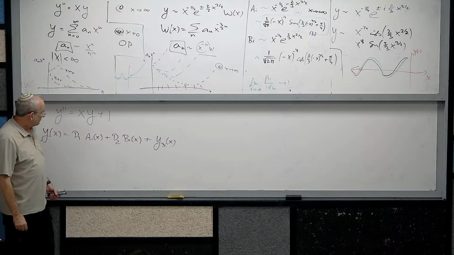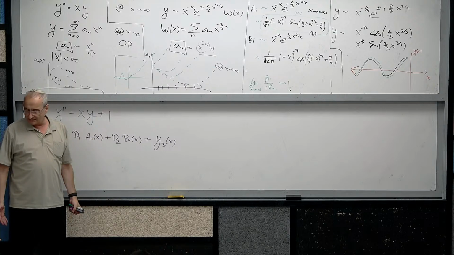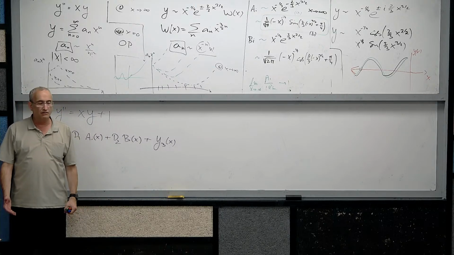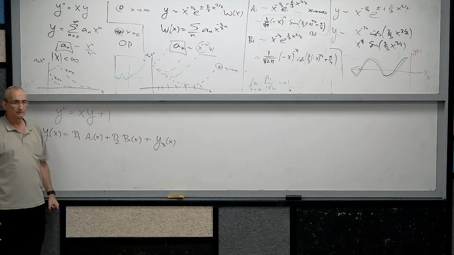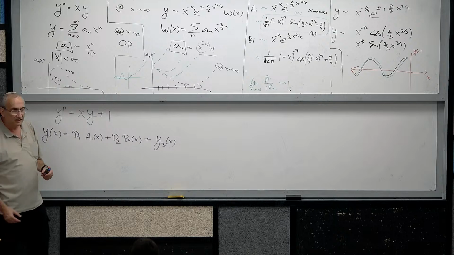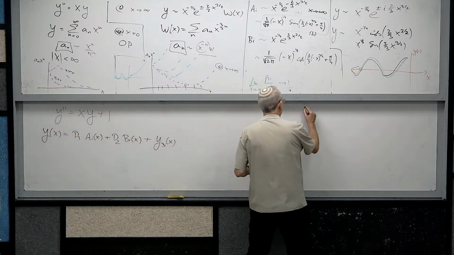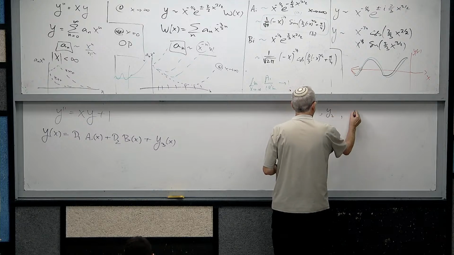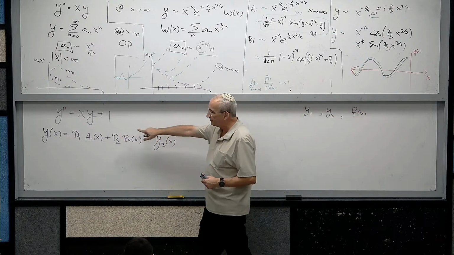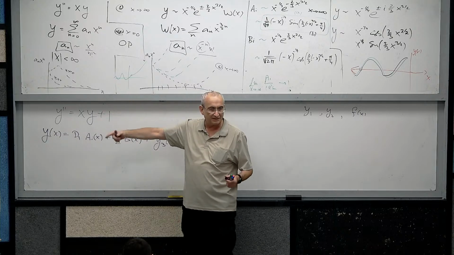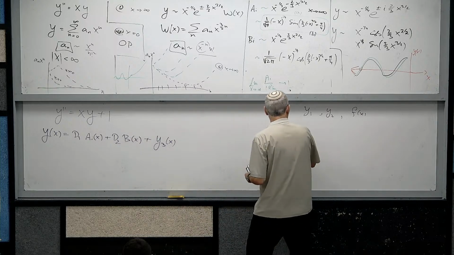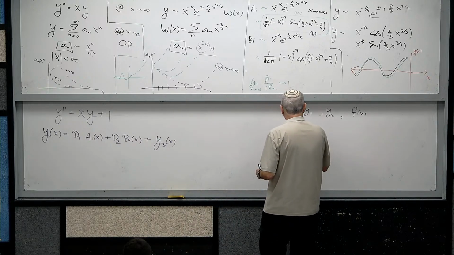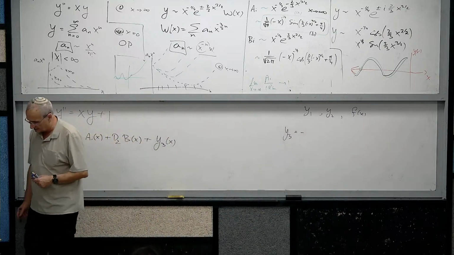Now, in the book you can find ways to find y3 given the Ai and the Bi. How to do that? It's called variation of parameters. If I have y1 and y2, and I have f of x, which is an inhomogeneous term. Here I took f of x to be 1, but I can write x squared or whatever garbage as an inhomogeneous term, right? Then you know that y3 is minus, who knows,